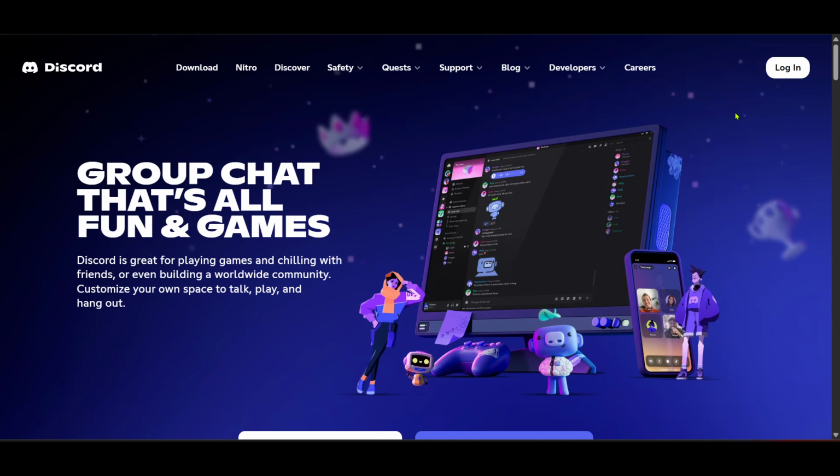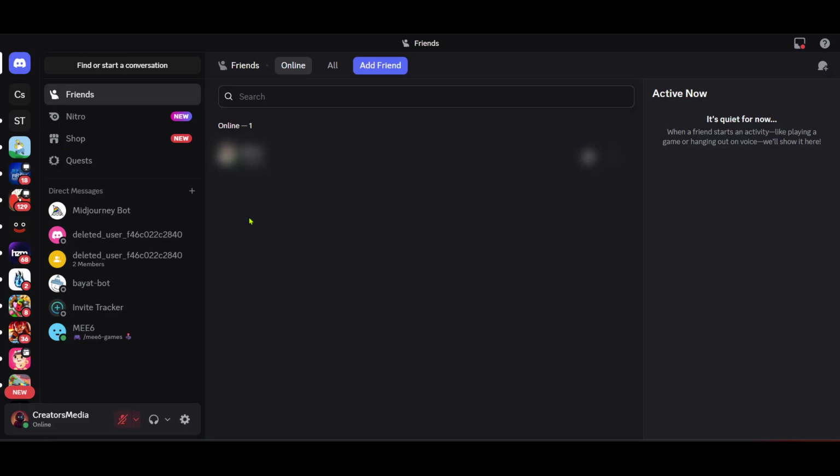First, we're going to open up our internet browser and navigate to the Discord website. If you're already familiar with Discord, you can also open the app version on your desktop. Once there, look for the login button located on the landing page. Click on it and enter your credentials to access your account. If you're not logged in already, simply follow this step, and you should land on the home screen once you're logged in.